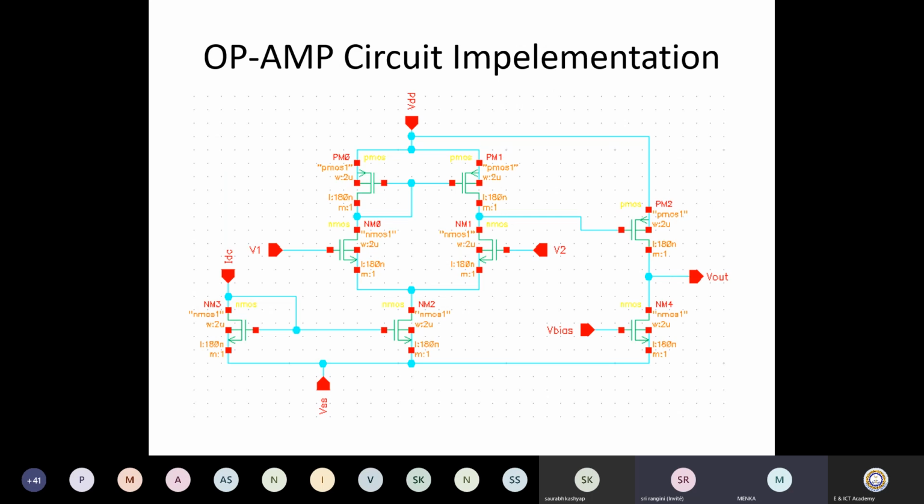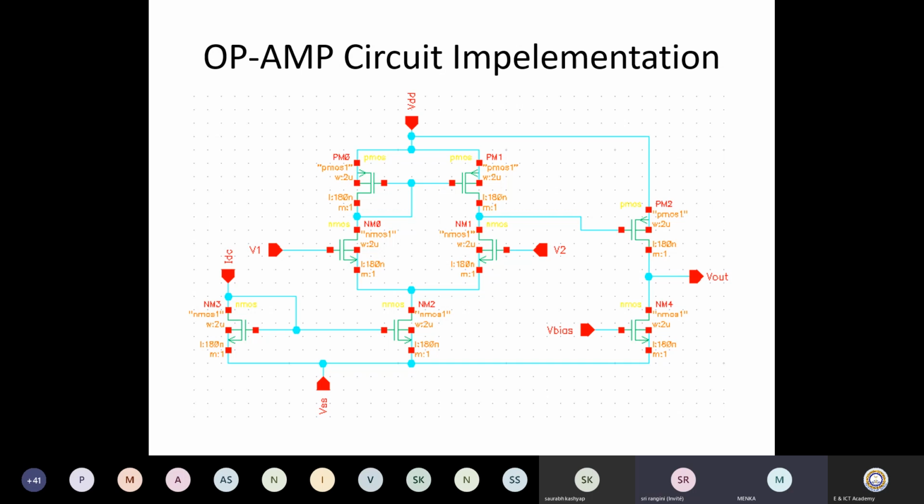In order to implement a thermometer-based DAC, we have to prepare the op-amp first. This code has been created in HSpice. HSpice is a paid software, but it has strong capabilities, or you can use any software as I told. To prepare the op-amp, a differential amplifier has been used, with the current mirror at the bottom providing the biasing for this particular circuit.